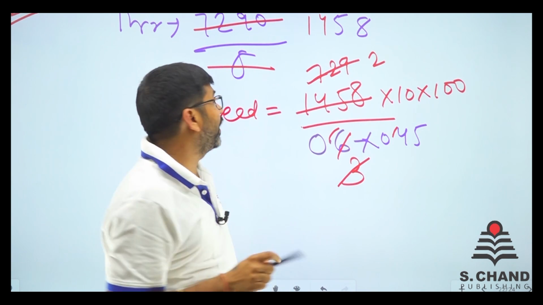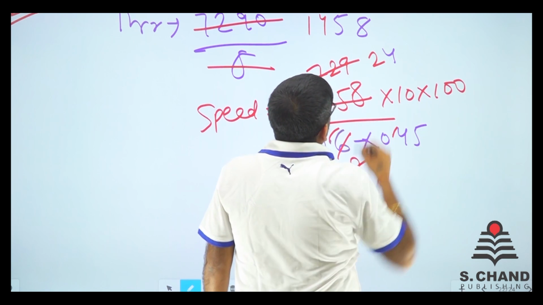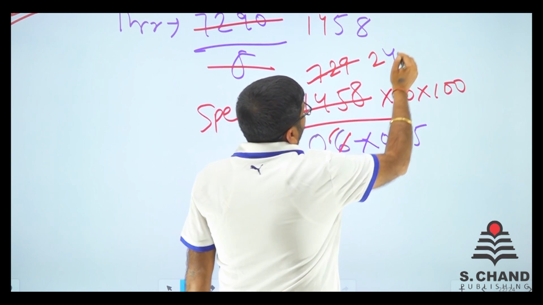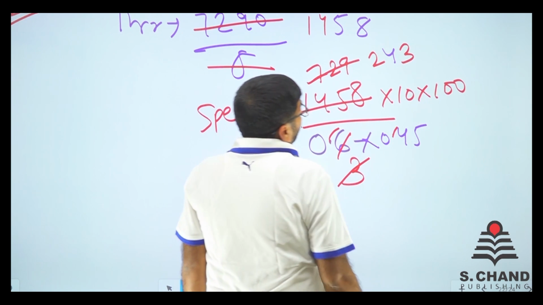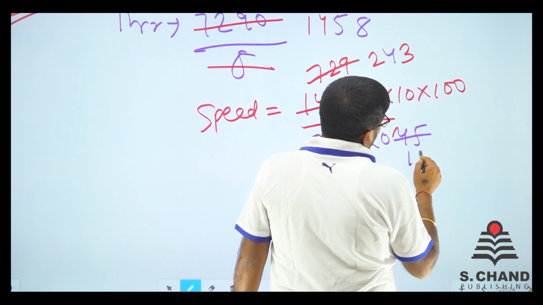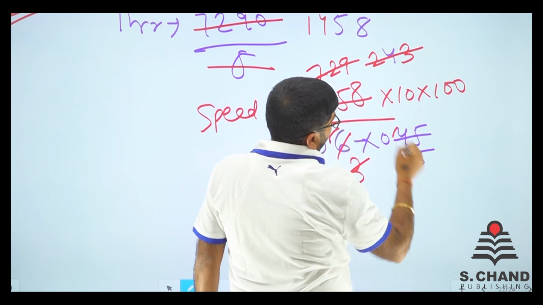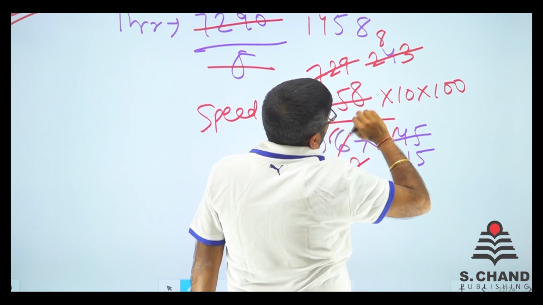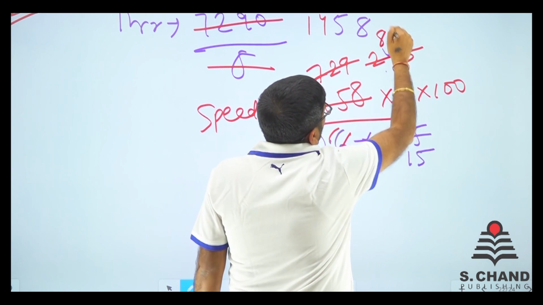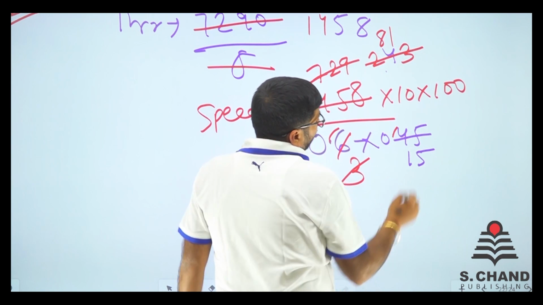So 12 is like 4 times, so we got 4. Then we have got, so 729, we got 243. Now 243 again divide by this. So 45 is like 15. So this divide by 3. So that is 8 because the 24 is 8 and 81. So 15, 9